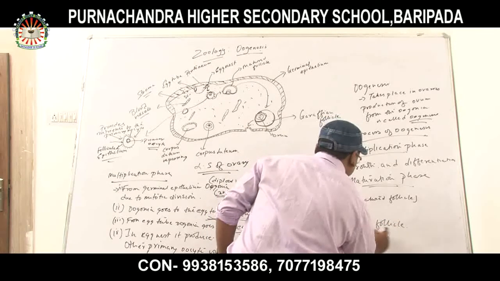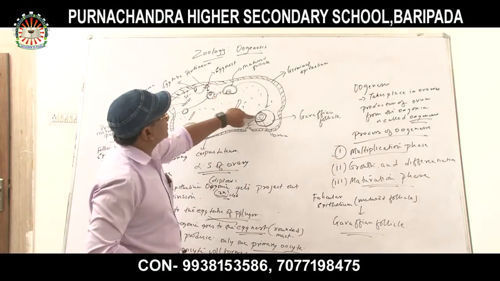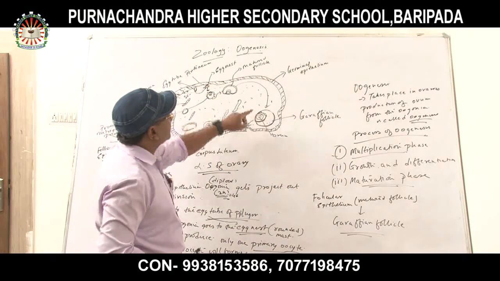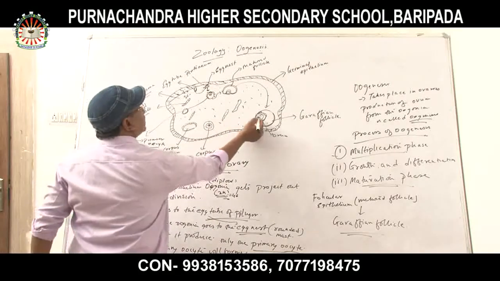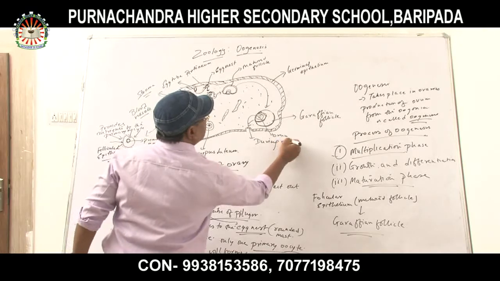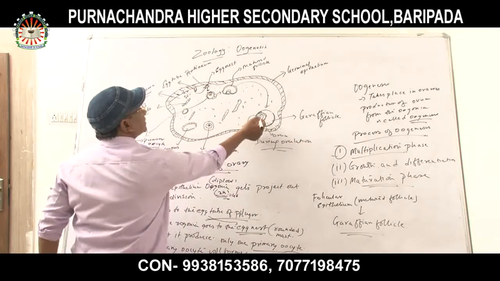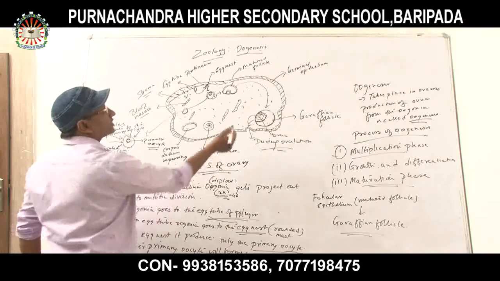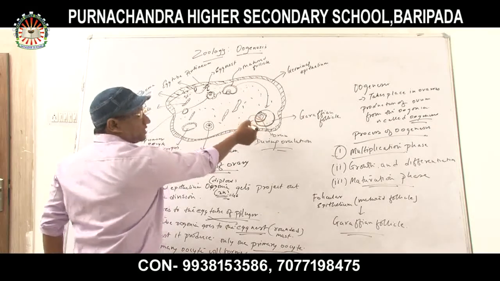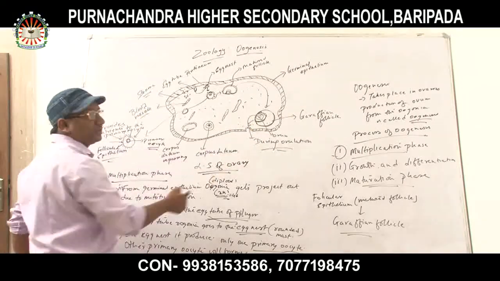What will it produce? Graafian follicles. Now, matured follicles will become Graafian follicles. After rupturing, during ovulation, it delivers out the functioning ovum, which will later